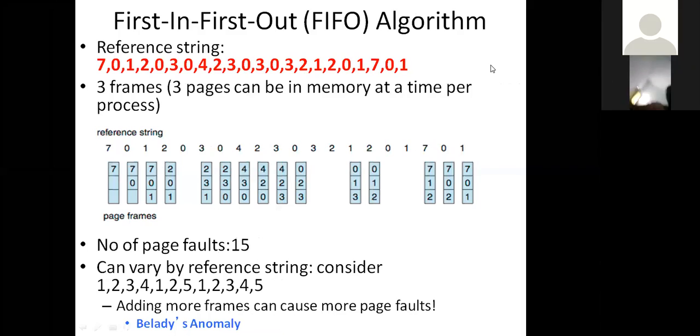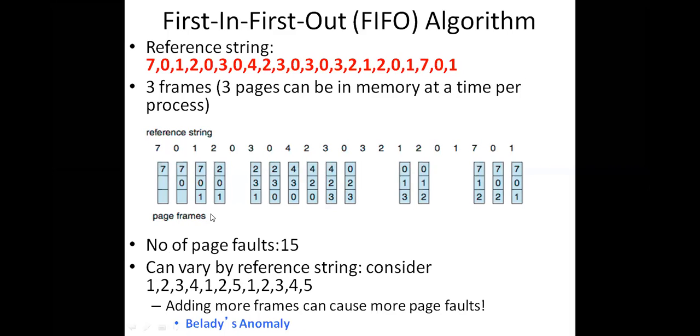Whenever there is a page fault, automatically you need to bring page number 2 into the main memory, but there is no free frame in the main memory. So at that point, you need to bring out either 7 or 0 or 1 from the main memory. Which one do you need to select as a victim page in order to bring in page 2 into the main memory? So if it is FIFO,